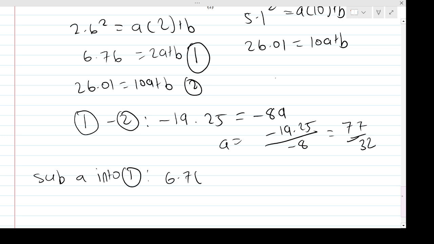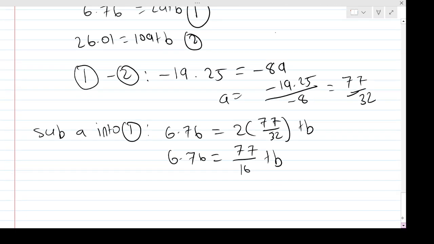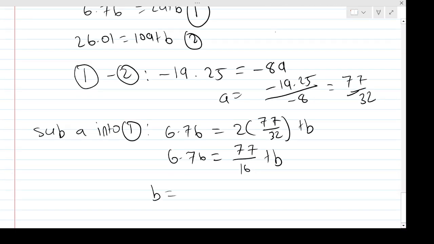Then 6.76 is equal to 2a, which is 2 lots of 77 over 32, plus b. If you work that out on the calculator, 6.76 is equal to 77 over 16, which is double 77 over 32, plus b. Cool. Then I can get b by taking the fraction away from both sides. So 6.76 take away 77 over 16 equals, if we put that in the calculator,